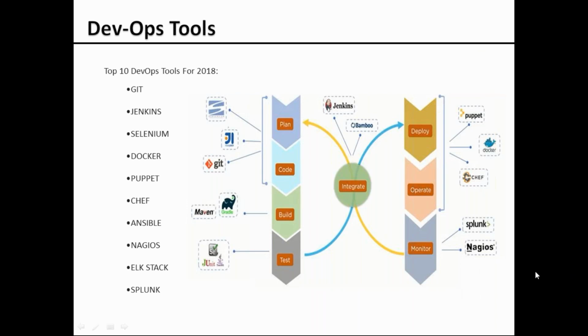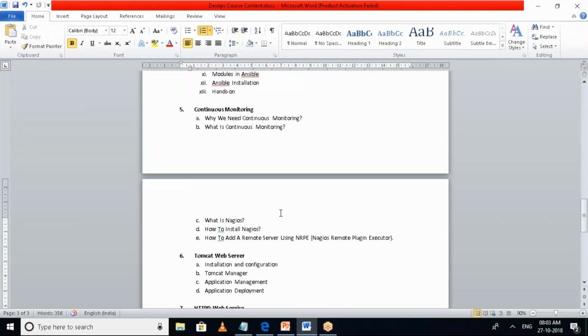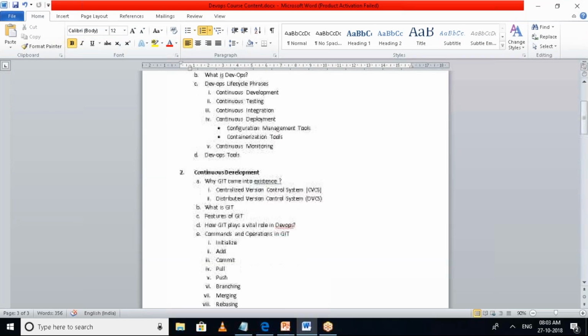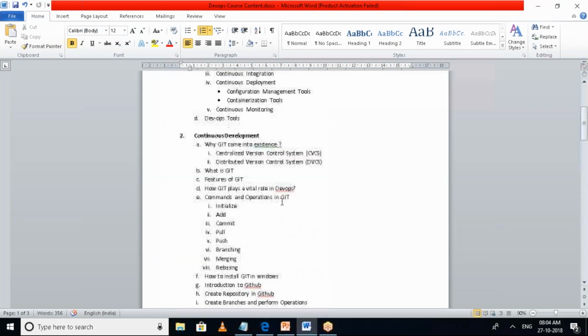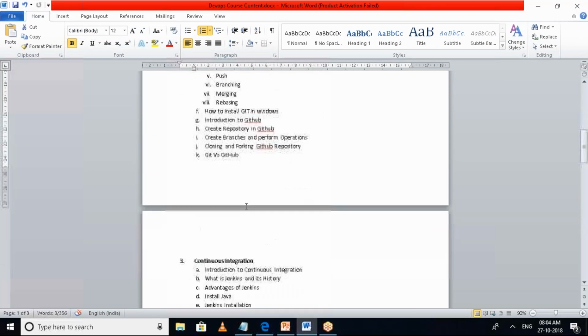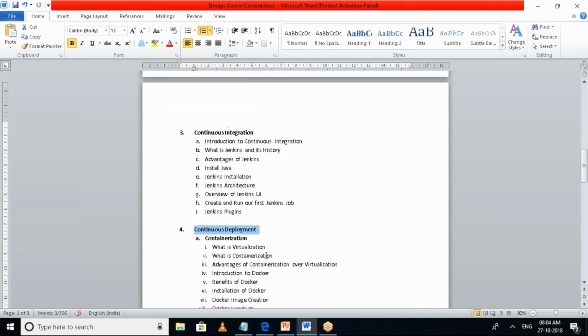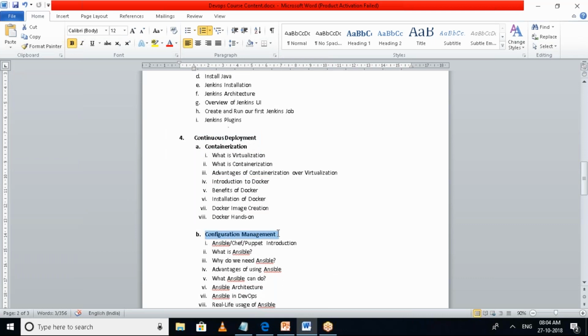We also gain insight into the Linux environment? Yeah, so let me pull up my course content. This is the course content as part of the DevOps. These are the key things: continuous development, continuous integration, continuous deployment, and continuous management.